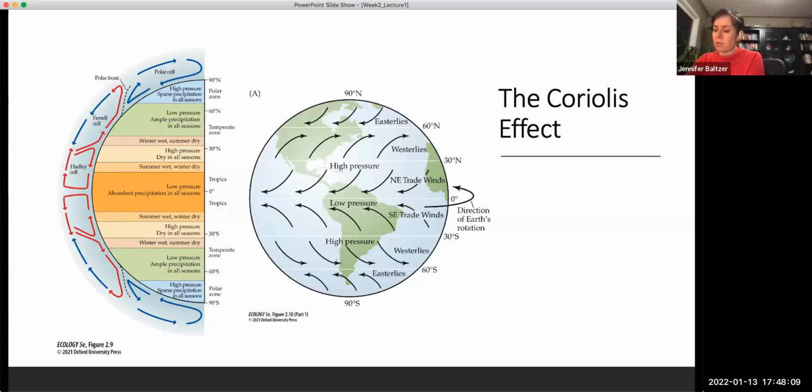Sorry, I'm having trouble getting to my H page. A Hadley cell. Okay, so here is the definition from your text of a Hadley cell. There's a great glossary in the back of your text that you can go to for any of this stuff. A large-scale, three-dimensional pattern of atmospheric circulation in each hemisphere in which air is uplifted at the equator and subsides at 30 degrees north and south. So I don't know if that's helpful. I feel like some of those analogies of how it works are probably a little bit more helpful, but that's the definition that's in the back of your text.